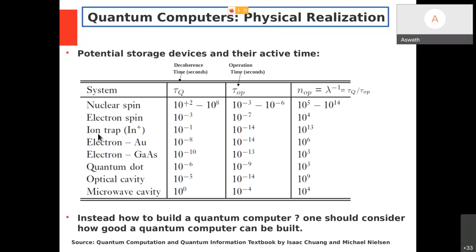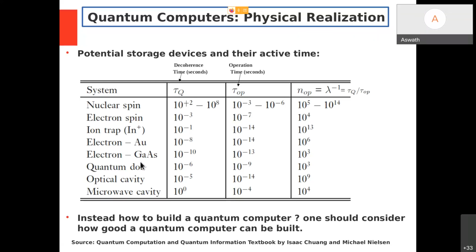If I take an ion, any atom, I can add an electron or remove an electron and create an ion. For example, you take an indium ion, right? Remove one electron, it will become a positive ion. That can exist in two possible states if I confine it to a small location. So that will give me a possible qubit realization. Electron is obviously a qubit resource for me because it can exist in multiple locations or multiple states at a given time.